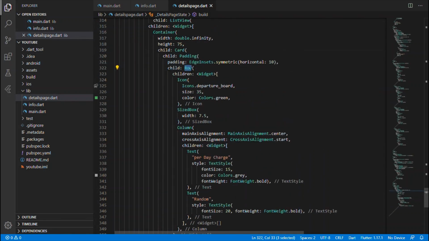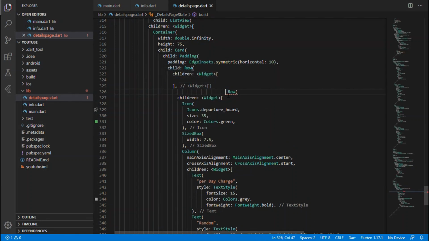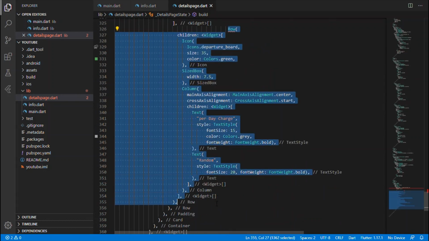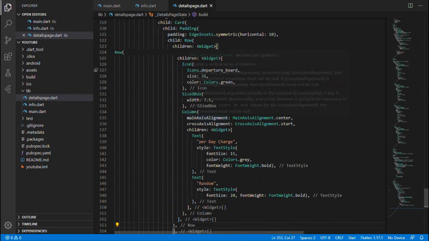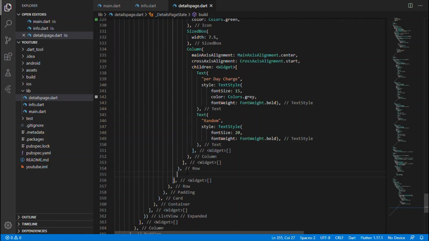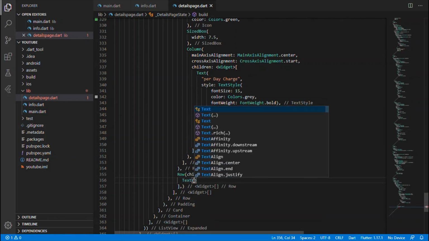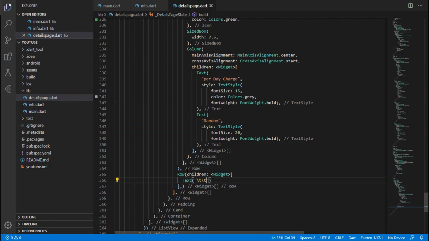Now let us grab this row inside another row. Okay, and within that row the first child will be this one. Just copy paste it, format it. Okay, and the second child for that row would be the amount. Row which takes the children widget. Here is where we will be specifying the amount for the car rent for a day. Okay, and just have some amount, we could specify an extra charge of $2.5, and we could specify the style as well